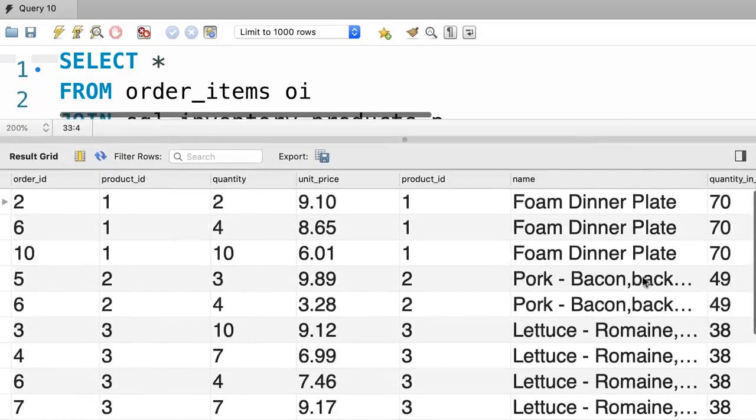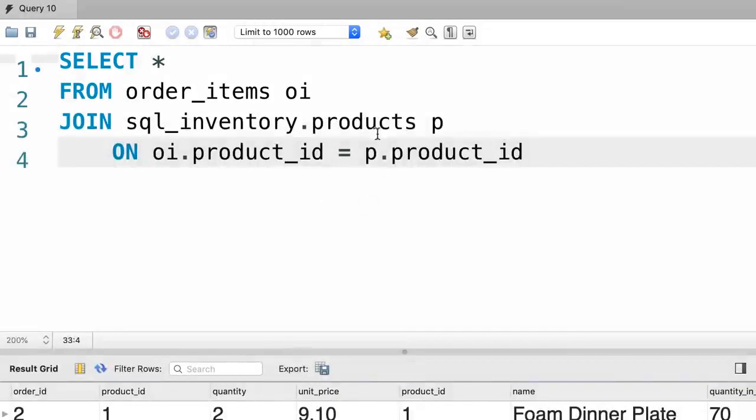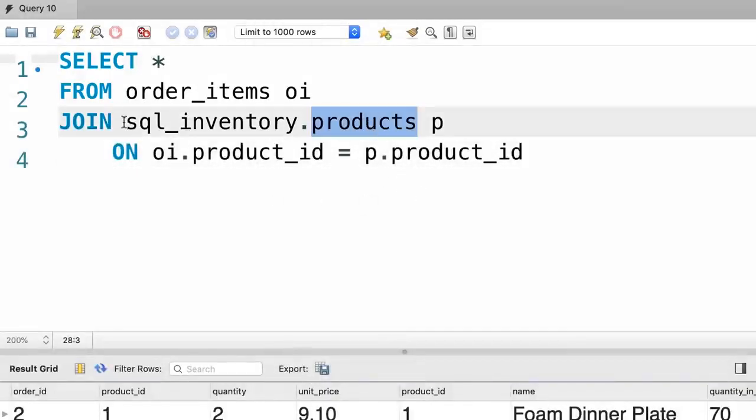So we successfully joined tables across multiple databases. Now, note that we're prefixing the products table with the name of its database because the current database that we